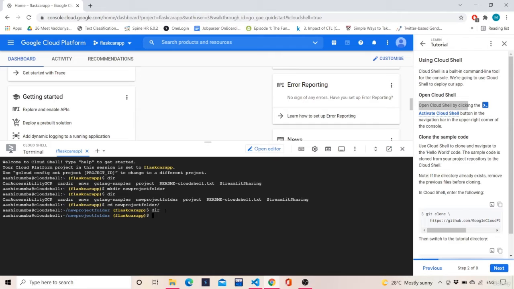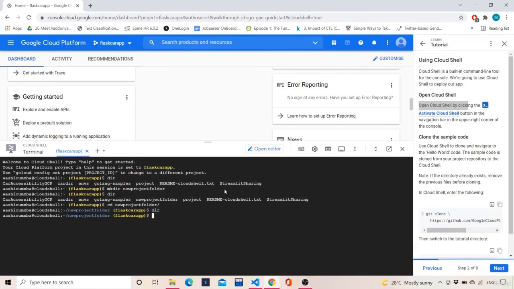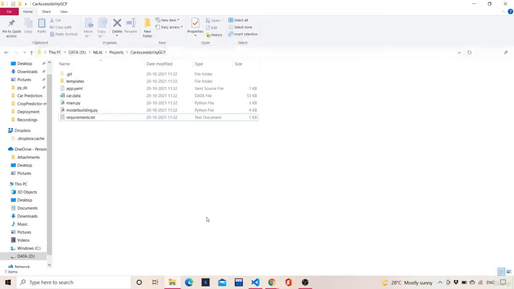So how would we fill the content? Like how would we load the content here? Okay, so over here, as we are doing on the web based cloud console, this terminal is basically of web. So we are using the Google Cloud Console. So what we need to do is, we need to get this data pushed into our Git repository, so that there is a direct connection from GitHub to Google Cloud Platform.